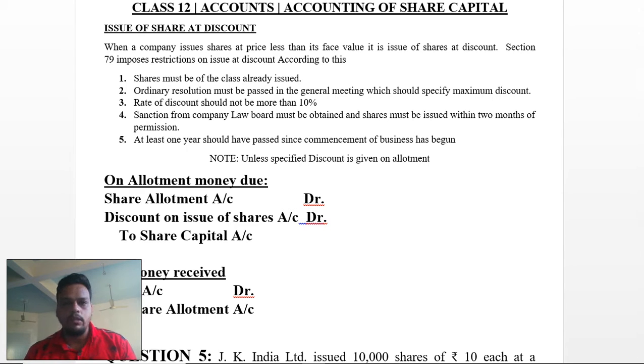And we have gone with the chapter number 7, accounting of share capital. As we have completed four questions, in that we have seen the first as at par, share issued at par. Then we have gone with the share issued at premium, and then we have gone with the calls in arrears and calls in advance. Now, today we are going with the issue of shares at discount,